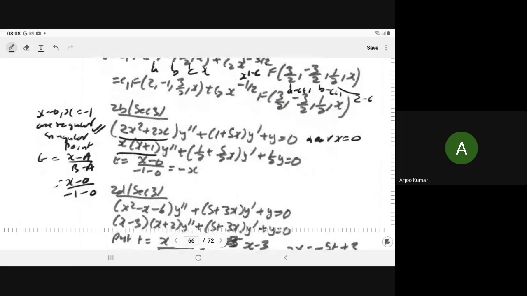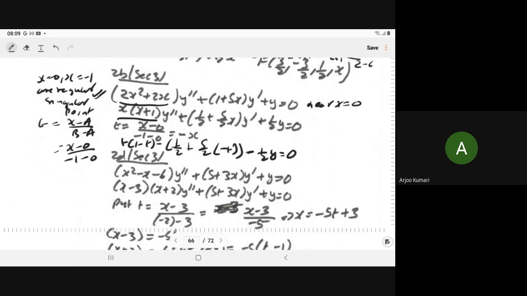So when we change t is equal to minus x, it will become t into 1 minus t. So when we put x is equal to minus t, minus multiplied here, 1 minus 1 by 2 plus 5 by 2, in place of x we put minus t, plus minus half y is equal to 0. So in this case you can now determine the values of a, b, c and you can find the solution.